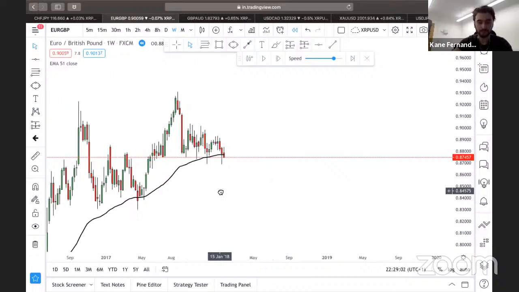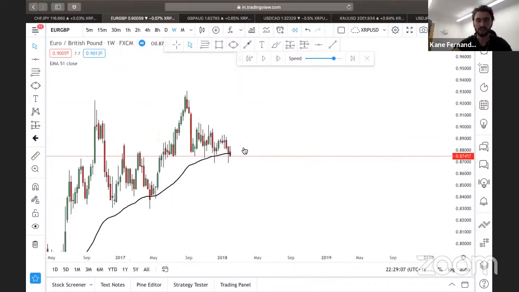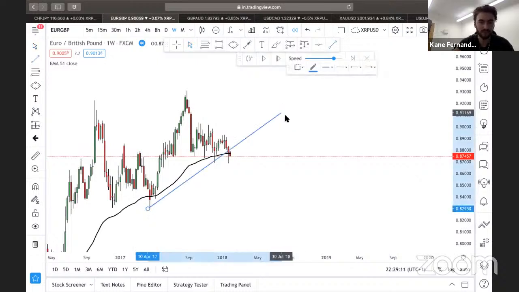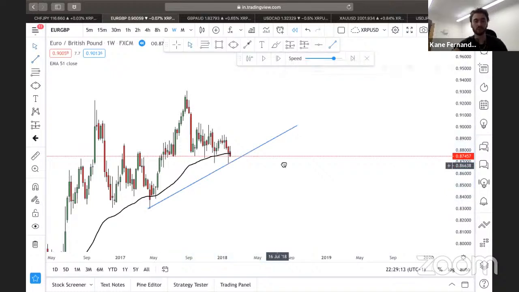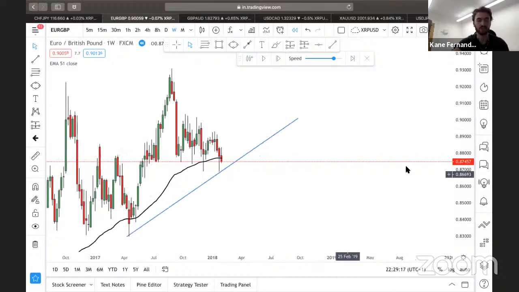So I want to be looking for that third touch. If this could be the second touch, 1 touch, 2 touch, it's not going to be a trade for me just yet, because we want that third touch. It's how I trade. It's my rules. If I don't see the rules, then I don't trade it.